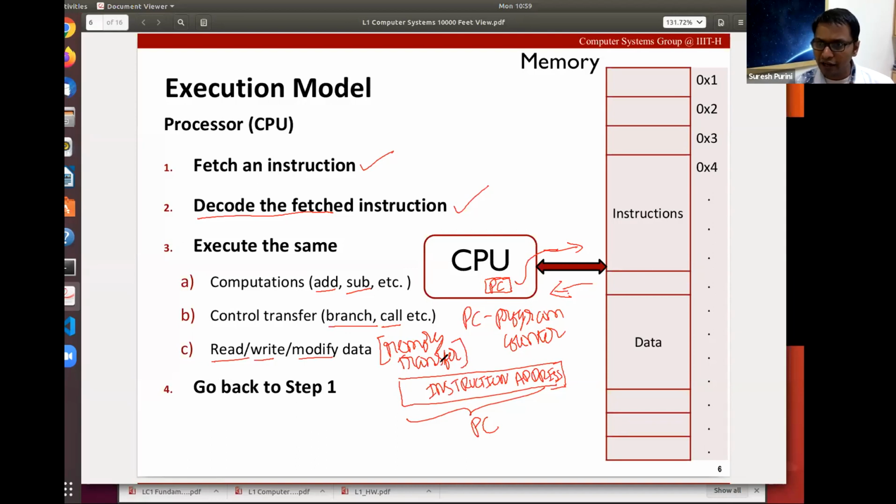So there is an interesting question. Does the PC fetch one at a time? For the sake of simplicity, let's assume that the length of all instructions is 4 bytes. Okay, for the sake of simplicity,